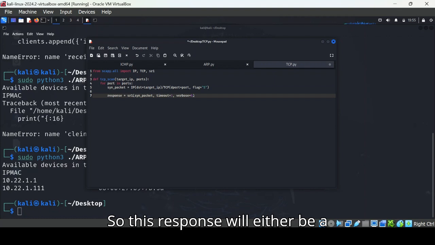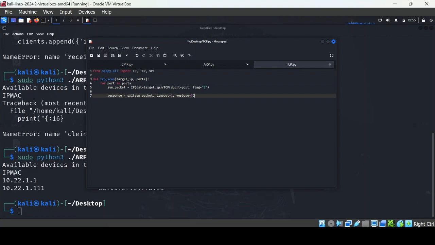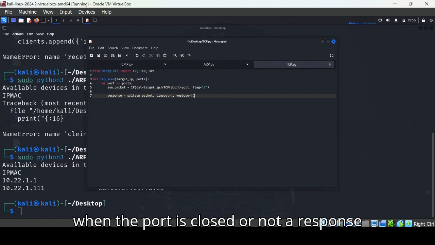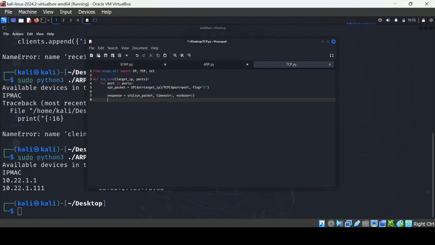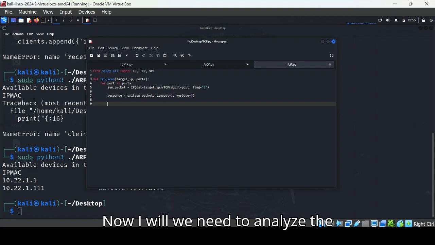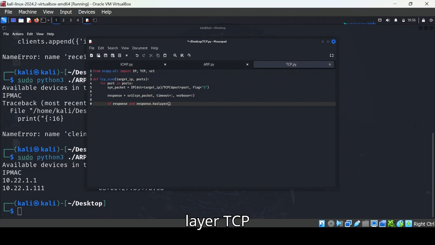This response will either be a SYN-ACK packet, which means that the port is open, an RST-ACK packet, which is when the port is closed, or no response, which means that the host is unreachable. Now we need to analyze the response. So if there is a response and the response has layer TCP,